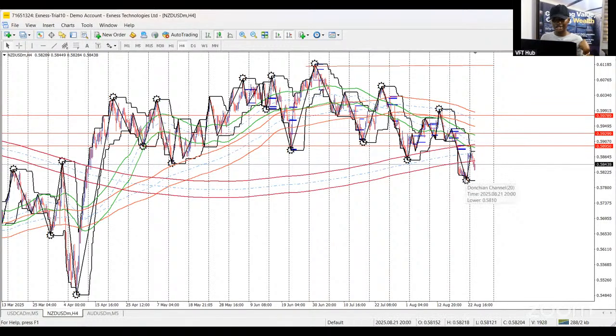sunshine printed on the H4, it helps us to know that there is still more room. So if this was printed around here, then it's safe to say that we'll see more buys. But because it has not been printed, same thing on AUD/USD, that's why I think there's still more room for